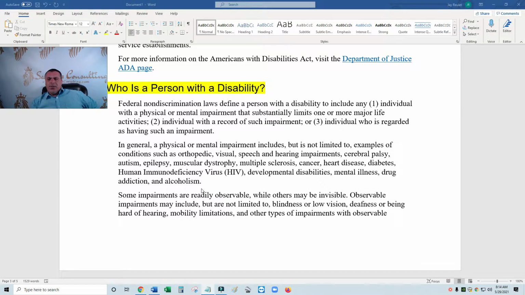Federal non-discrimination laws define a person with a disability to include one, an individual with a physical or mental impairment that substantially limits one or more major life activities. Now, they make that sound very serious, but it's not quite that serious. Two, an individual with a record of such impairment, meaning you have medical records of it. Three, an individual who is regarded as having such an impairment, which means somebody would know of your situation and would say,